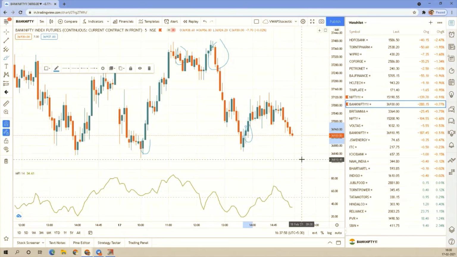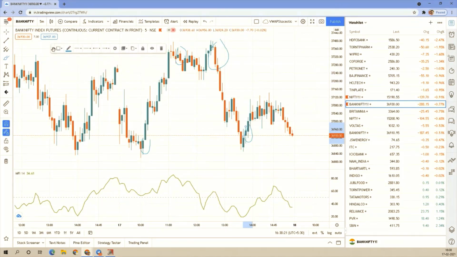So this is the strategy. We do not have any VWAP, any RSI, any stochastics, or any pivots here. Just by seeing how the money is flowing in the market, we are taking the trade and then we are getting profit. This is a purely risk-free strategy. It works on all time frames, it works on all assets.